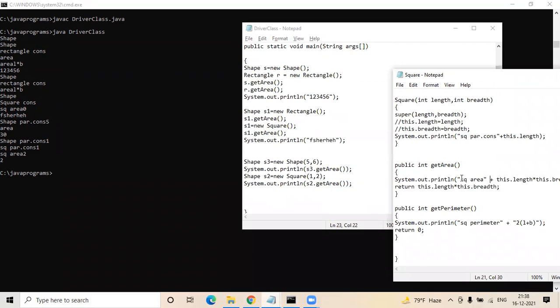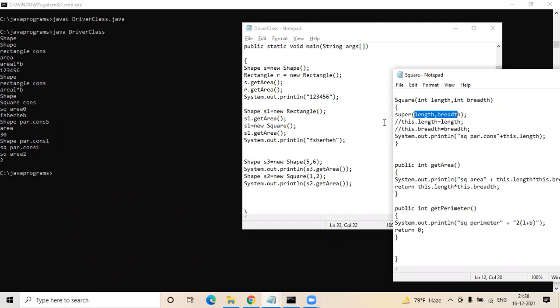So in my square, I'm passing those length and breadth. I haven't assigned this so far, and right now I'm creating an object only for my square. So if I create new square of 1, 2, this comes into this, and here it internally assigns the length and breadth. If I had the parent class, I would have got my length and breadth.